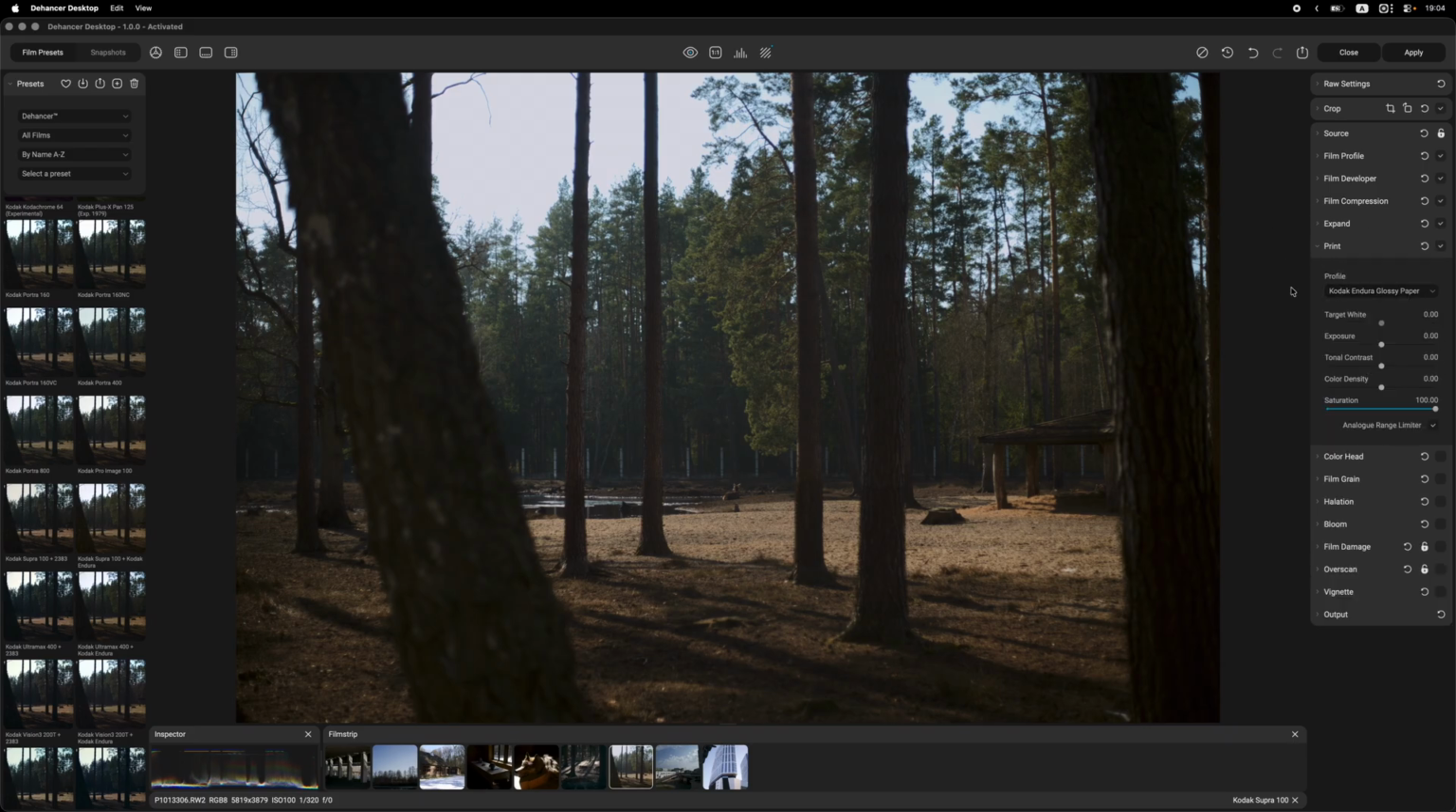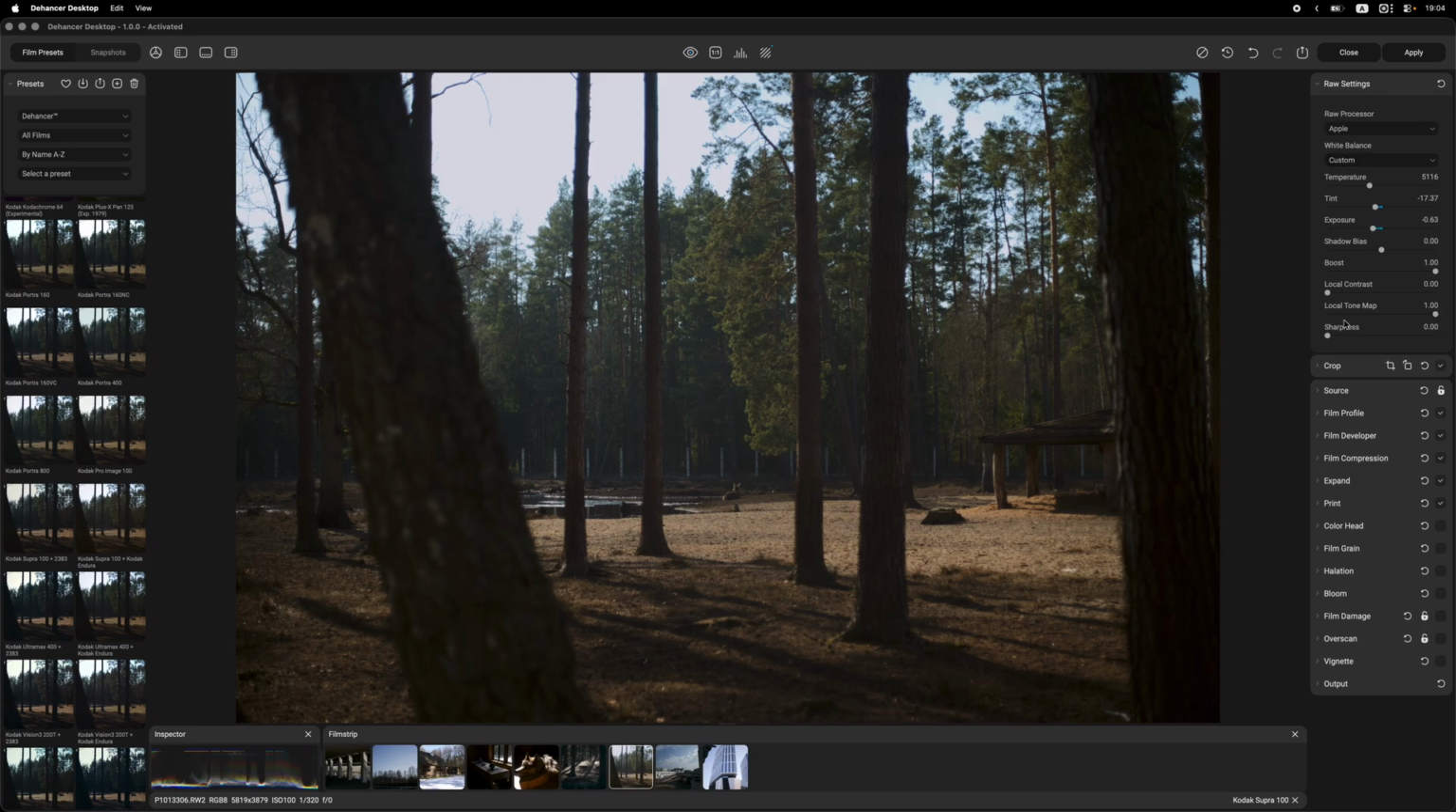Print is the profile that you can choose, which is gonna give you a different look. I found that glossy paper works in 99% of the scenarios for me. I don't really know the difference between manipulating target white, which is basically white balance, exposure, tonal contrast, color density, and saturation in your profile tab or in your print tab, and going into your raw settings, for example, doing